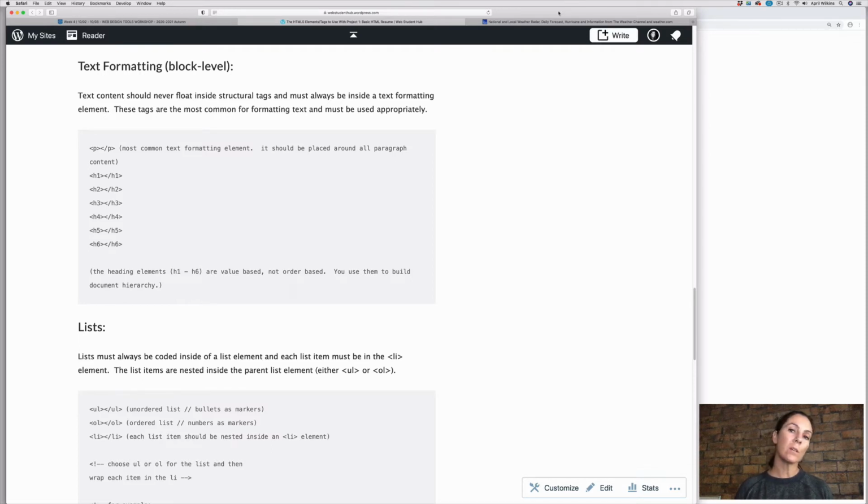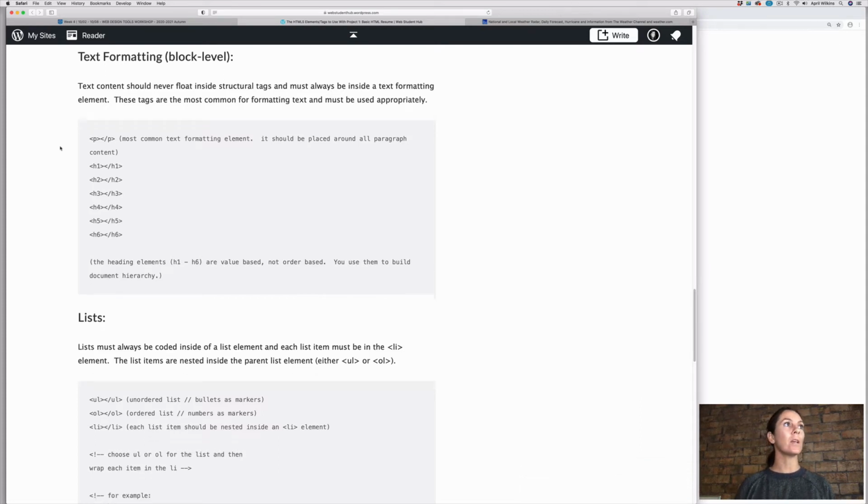So these are the elements that we can begin to add into our text content where we want to format them, but we want them to remain in line next to each other instead of breaking a line and stacking on top of each other. So starting with our block level, we can see over here,